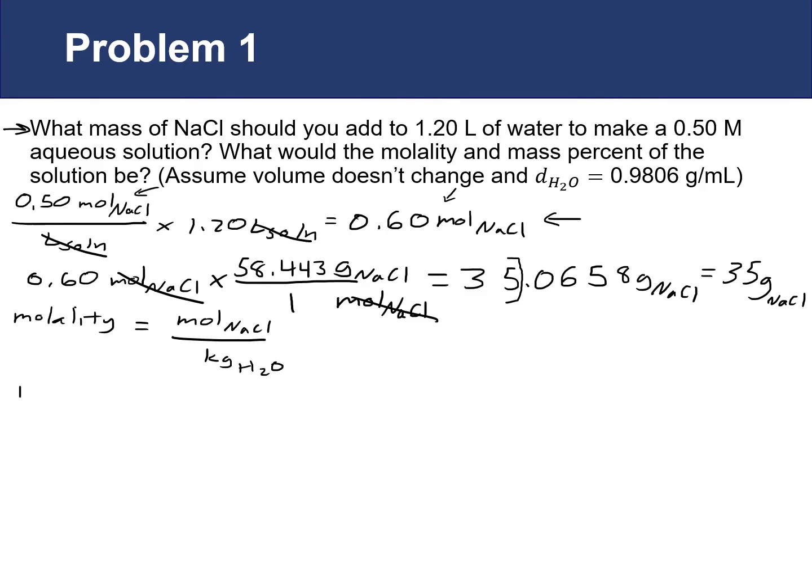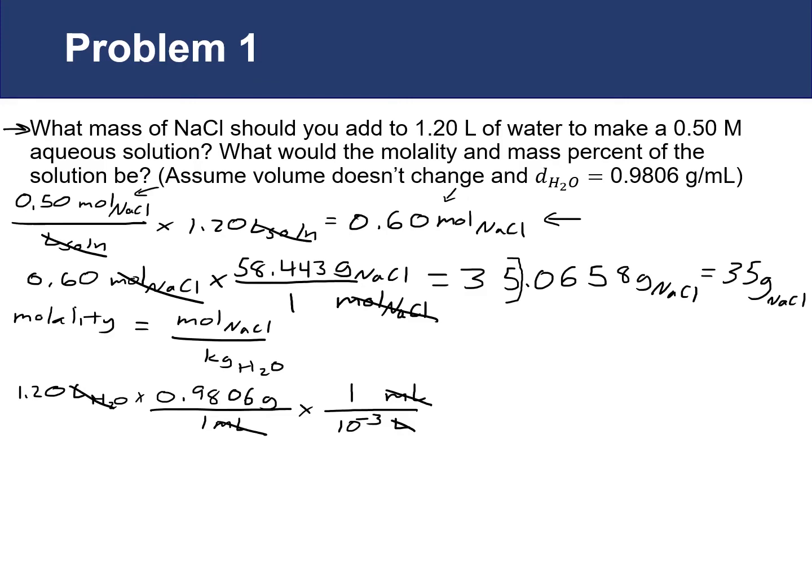So we'll take 1.20 liters of water, multiply that by 0.9806 grams per 1 mL. Our volumes don't quite cancel out. We have liters and milliliters. So what we'll need to do is do an interconversion. So we're going to put liters on bottom, milliliters on top. 1 milliliter is 10 to the negative third liters. Our liters here cancel out liters there. Milliliters cancel out milliliters. So if we did this calculation at this point, we would have our grams of water,